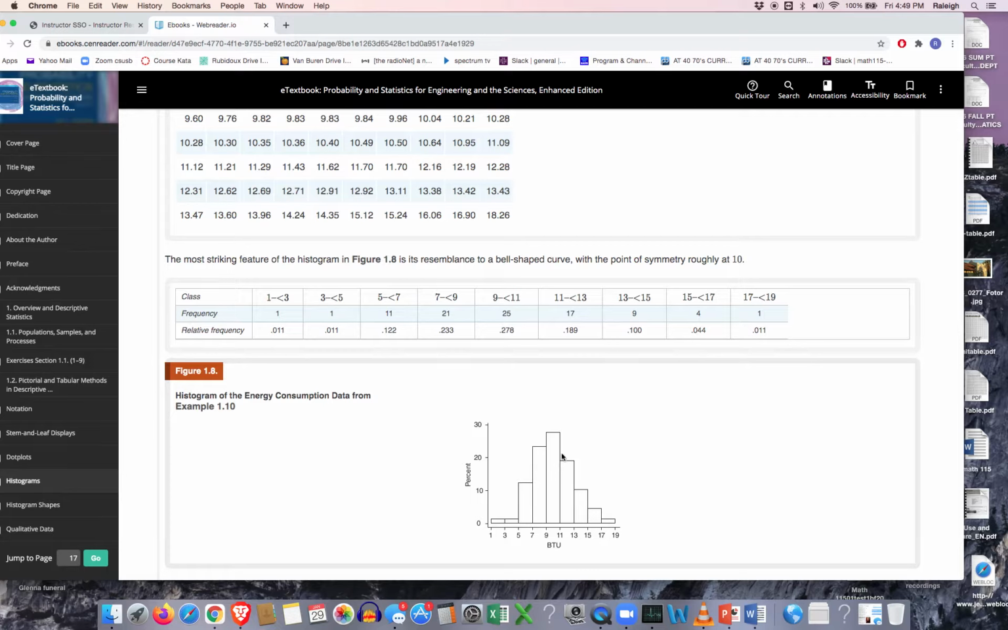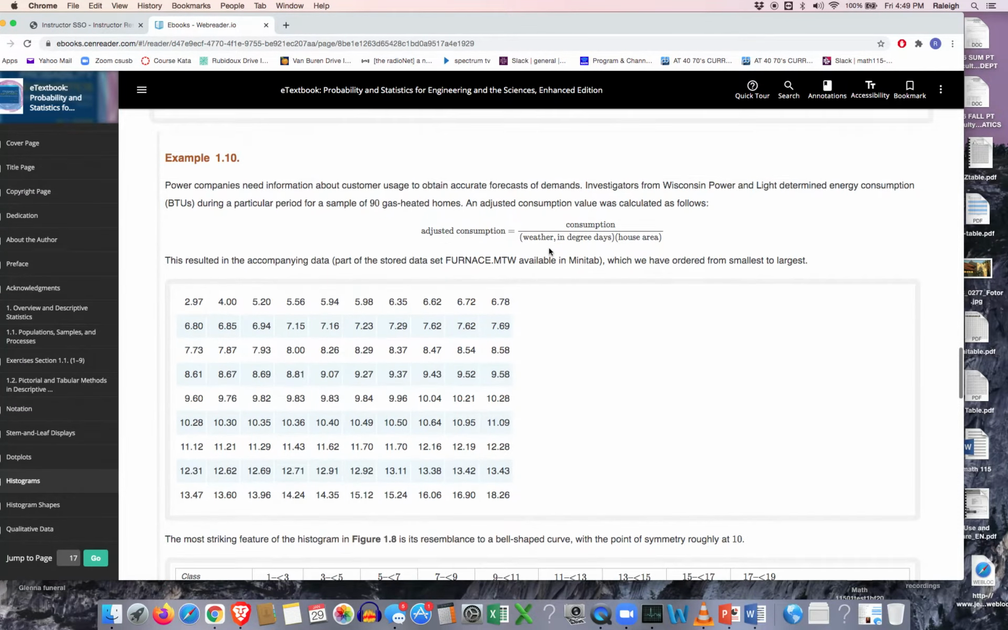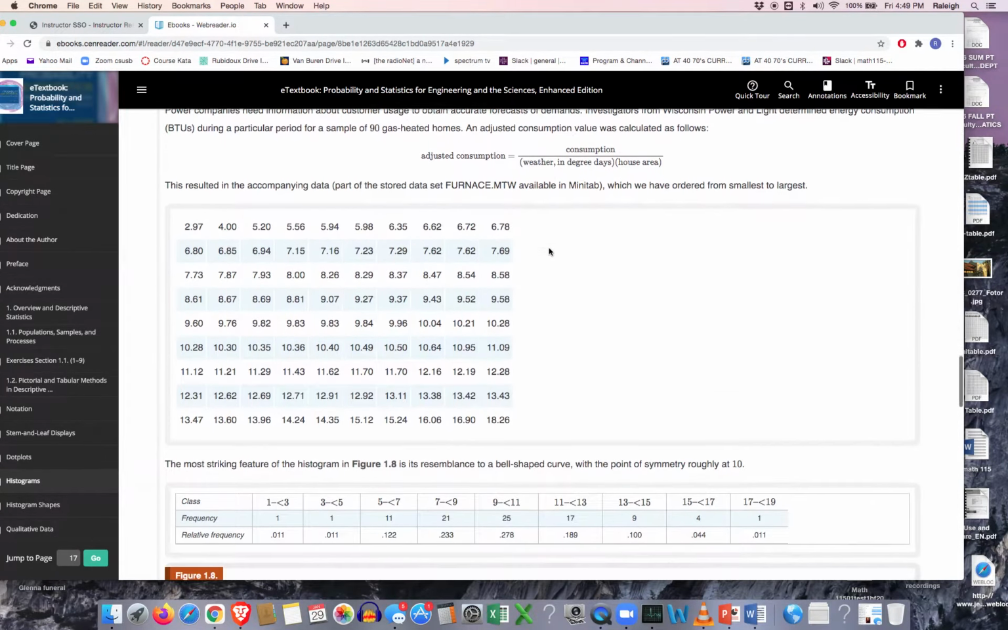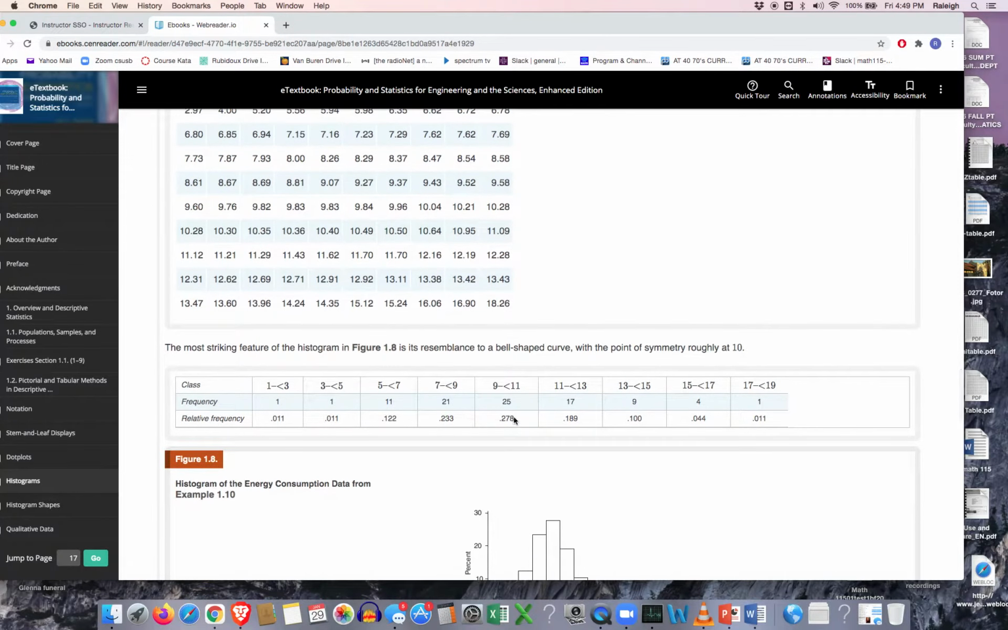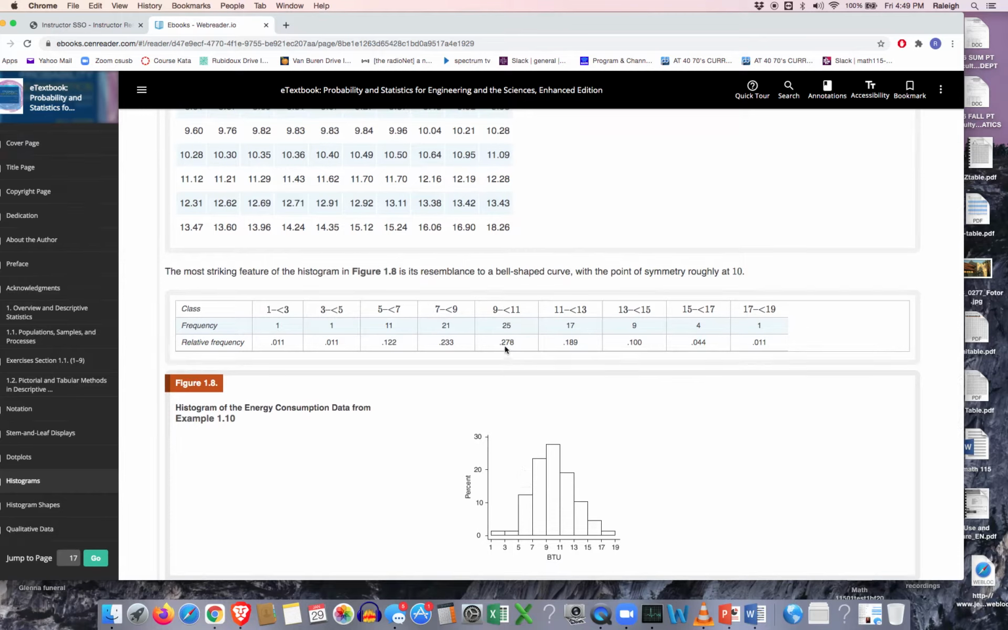And not too surprisingly, the one in the middle, between 9 and almost 11, has 25 in their numbers. And when you divide by the total, did they give us the total? They didn't, but we find out what the total is, divide the 25 into it. And we see it's around 28%. So 0.278, and that's where the peak would be for that 9 to 11 group. There it is,